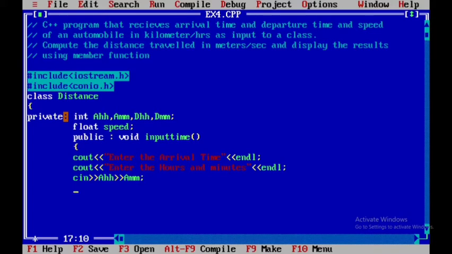Again we copy the same thing for the departure time: cout, enter the departure time, then enter the hours and minutes.